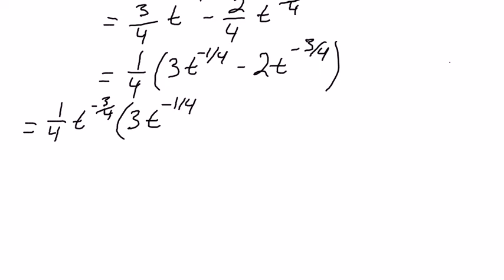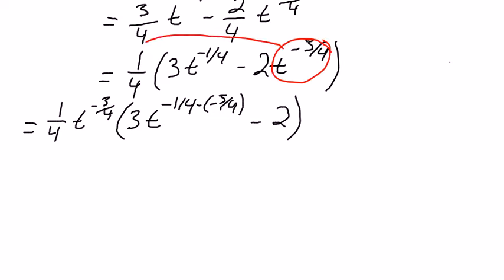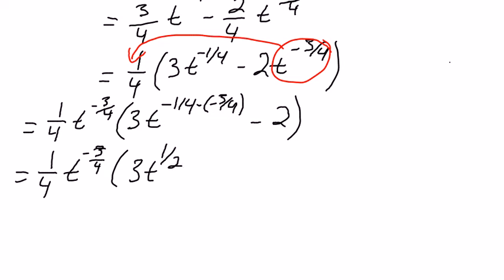And if I write out what I'm doing here, I'm taking away a negative. So that's what's going to happen: minus 2, because that was being pulled outside. So what this is going to leave us with is 3t to the power 1/2, or 3 root t, minus 2. Alright, and since we know what we're doing is setting this whole thing equal to 0,